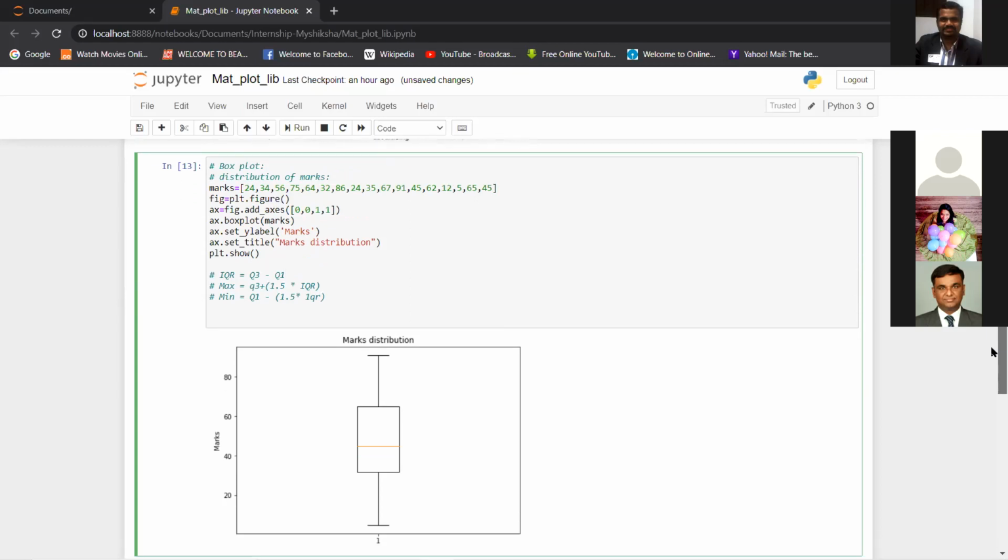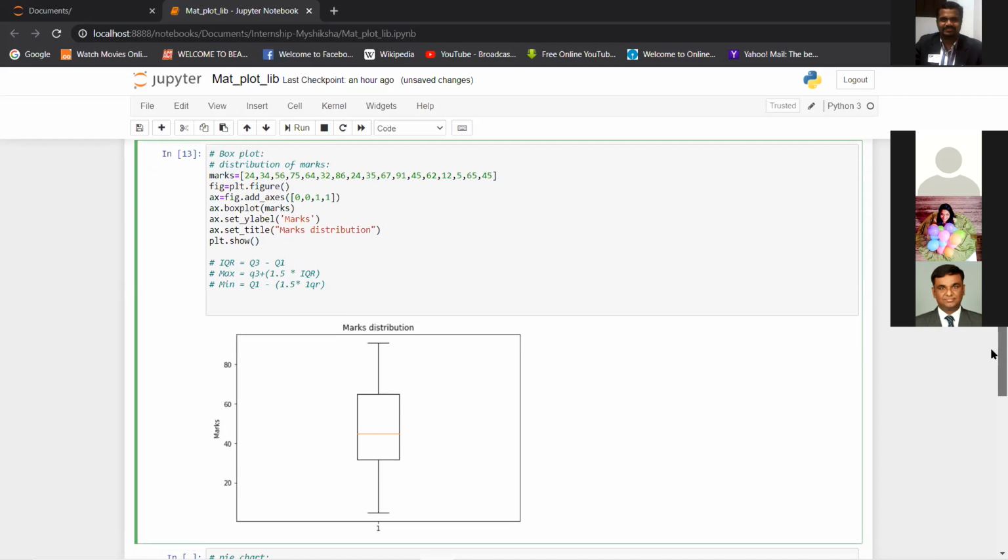Any doubts in this section for the box plot, where it is used, why it is important? It's basically used to see the distribution of data in your attributes, to check for outliers. So any values which are outside of this max and min, or you can say less than min, are also outliers.